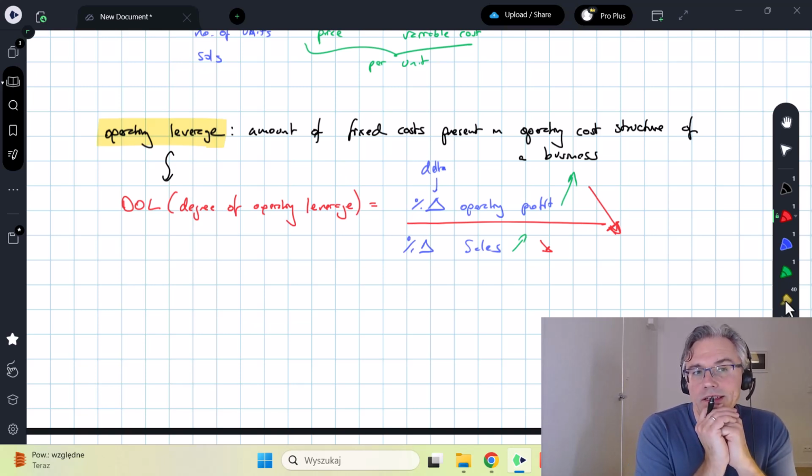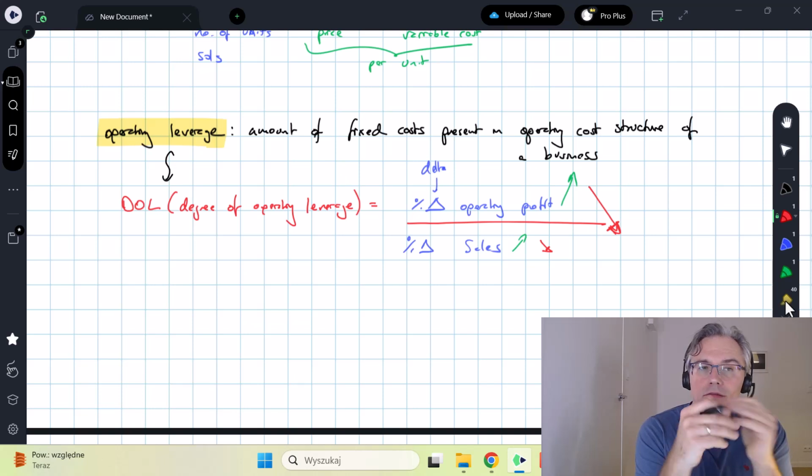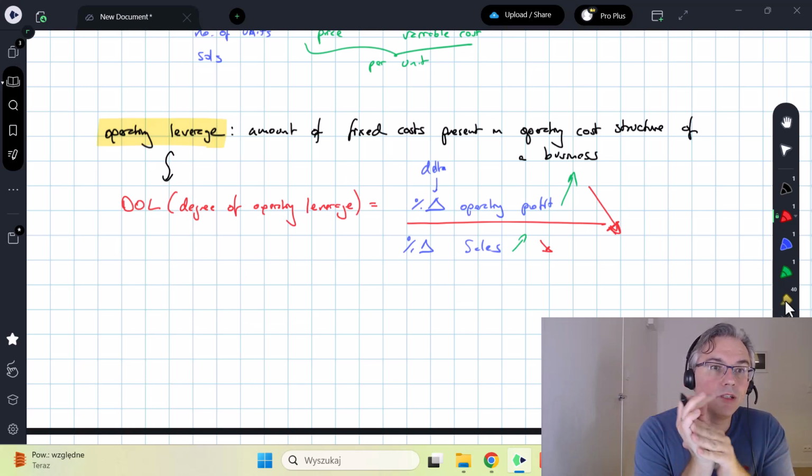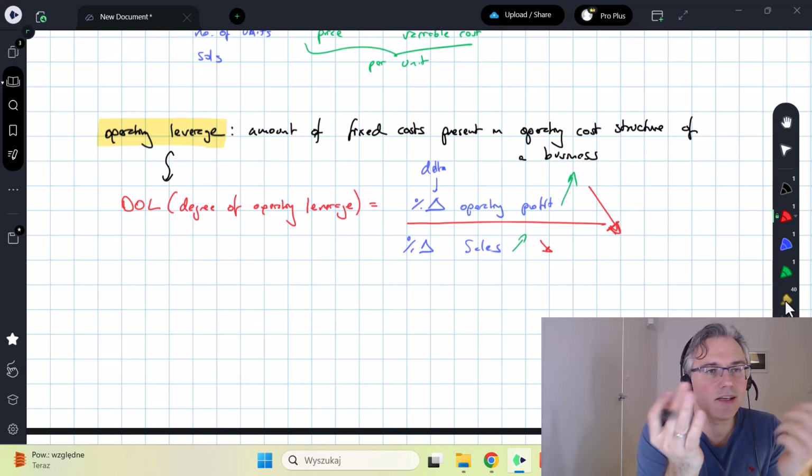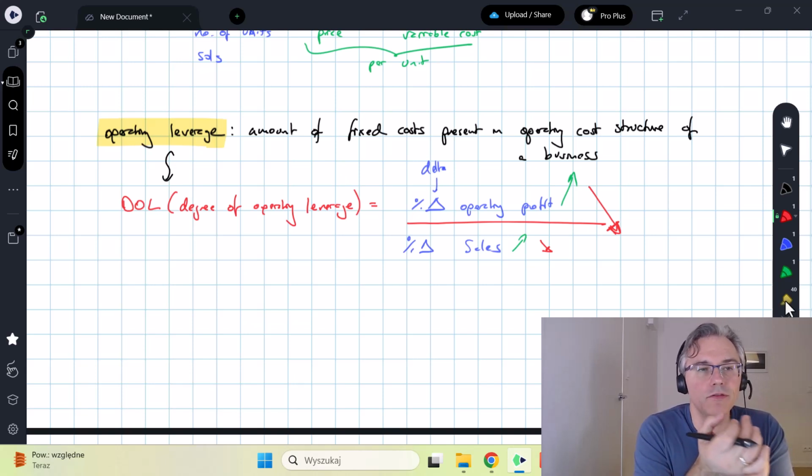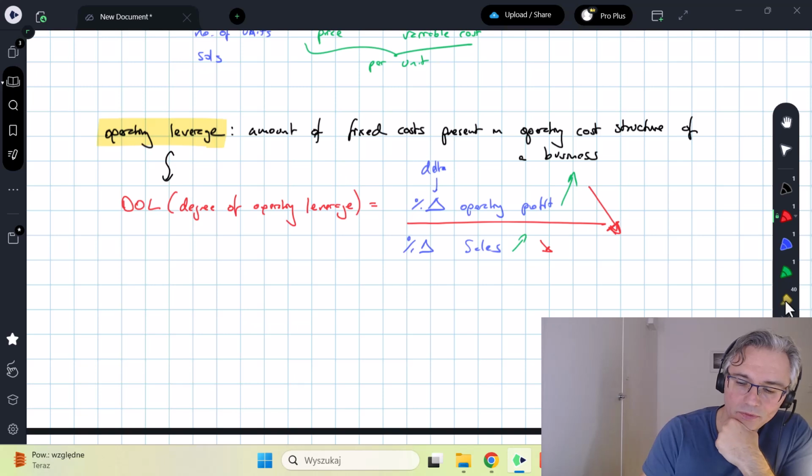So having operating leverage is a double-edged sword. In good times it works really well because it allows you to magnify your gains, but it also magnifies your losses. And it's the same concept. Leverage is a very universal concept. It works well when things are going well. It doesn't work very well when things are bad. Now,